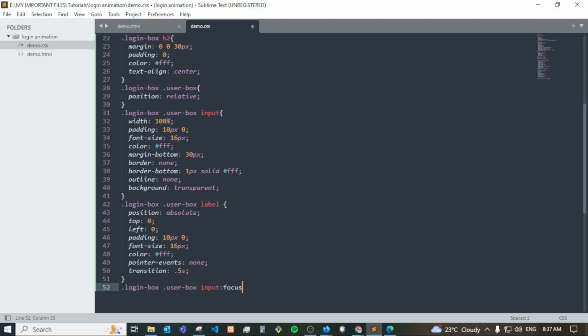So we have the focus label, then dot login box, dot user box, input, then valid,